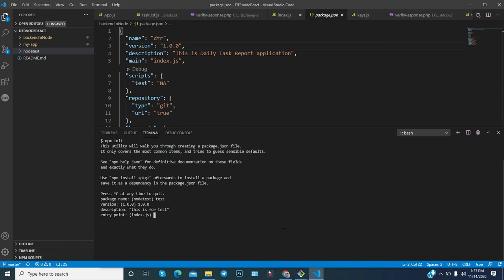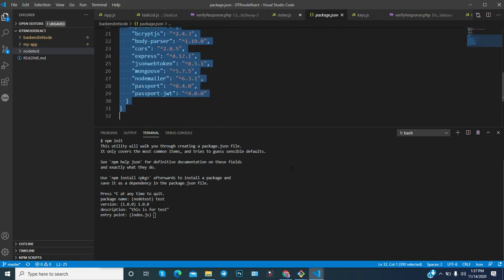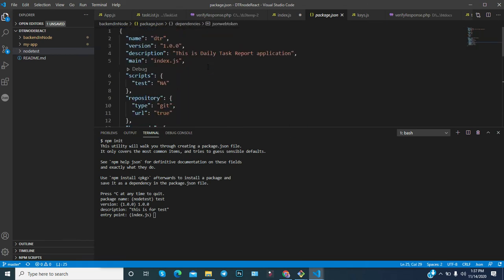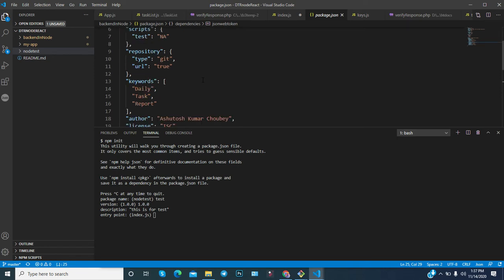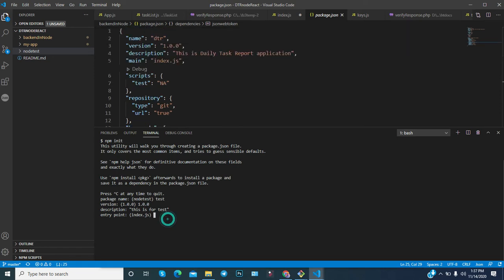Now what is the entry point? Whatever entry point you define, that will be useful if you run a command like node index or node mon. So entry point is, let's suppose, index.js. However, some people provide app.js, no issue on that.